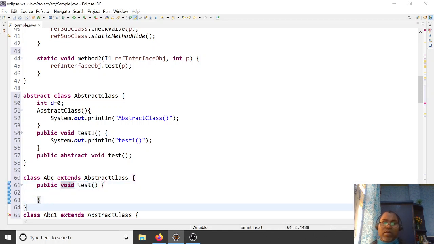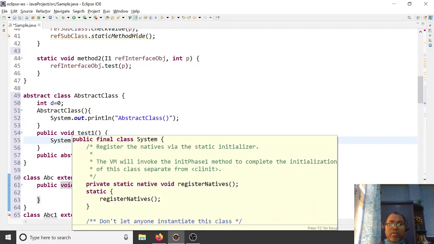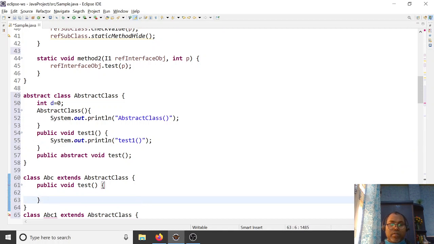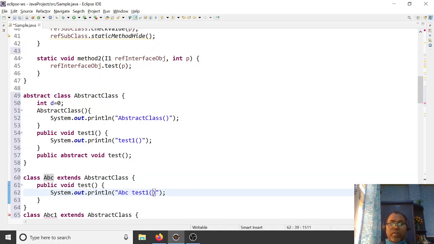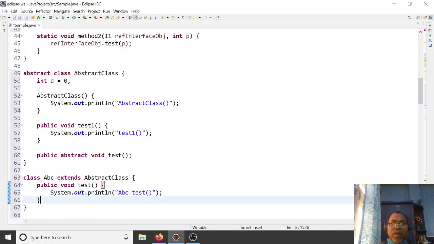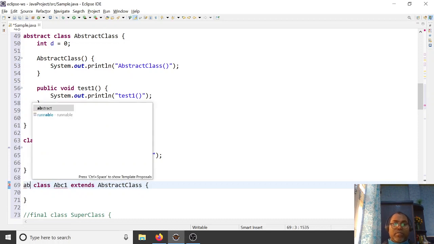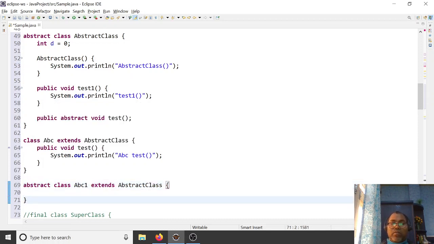Here, if any class wants to implement this, it can implement. ABC test method. If some class doesn't want to define the definition of test, then this class must be abstract. You cannot avoid this, because through inheritance you have this test method.